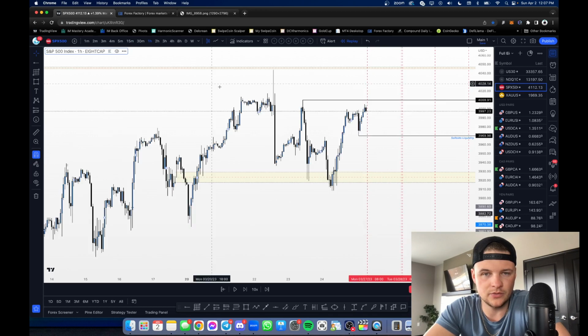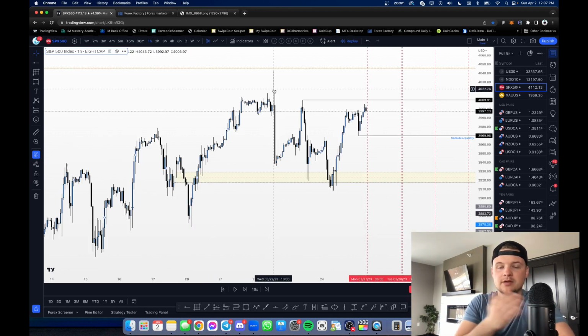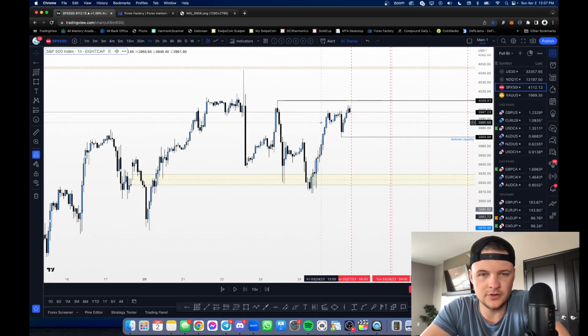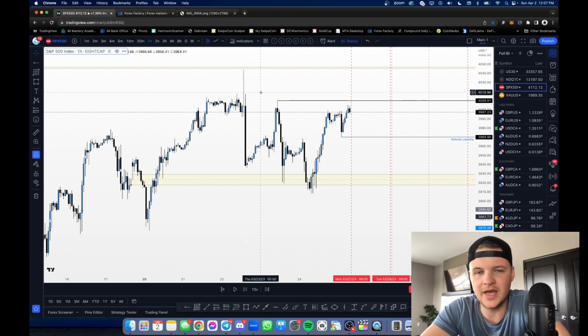So if we jump back to the 1 hour, this is that wick that I'm referring to. This was the wick from the Wednesday prior. And, you know, big wicks like this, for those of you that have been trading for a while, you probably already know this, but more often than not, when you see large wicks like this, usually they end up getting filled or taken. And if they don't get taken fully, they at least usually get filled to about 50%, or what some people call consequent encroachment on this. But for sure, this is a magnet for price.